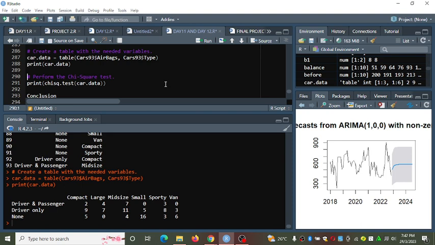Printing the car.data. So from this part we have driver and passenger, cars that are compact, we have 2. Driver and passenger cars that are large, we have 4. We have mid-size 7. We have small 0. Sawa sawa.